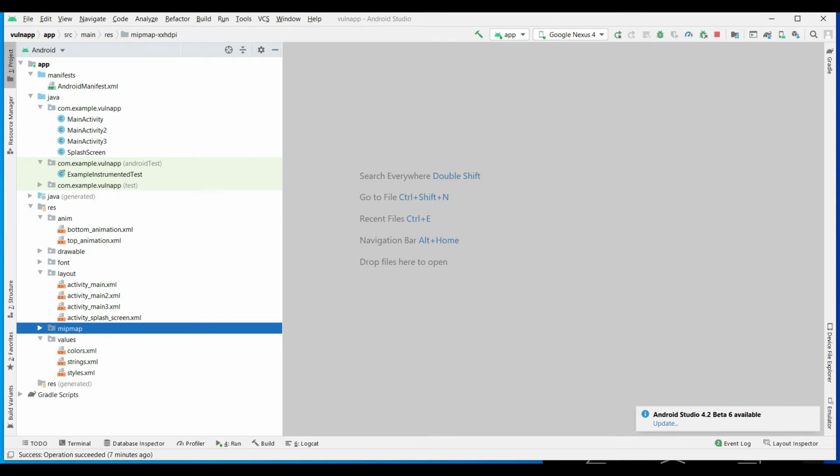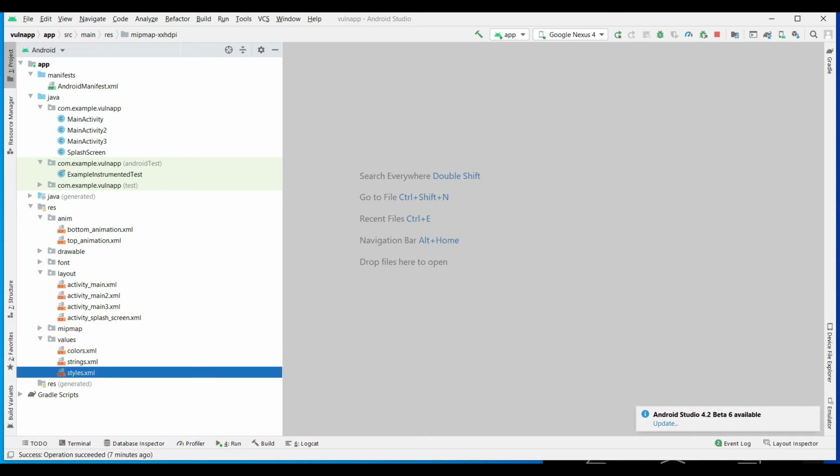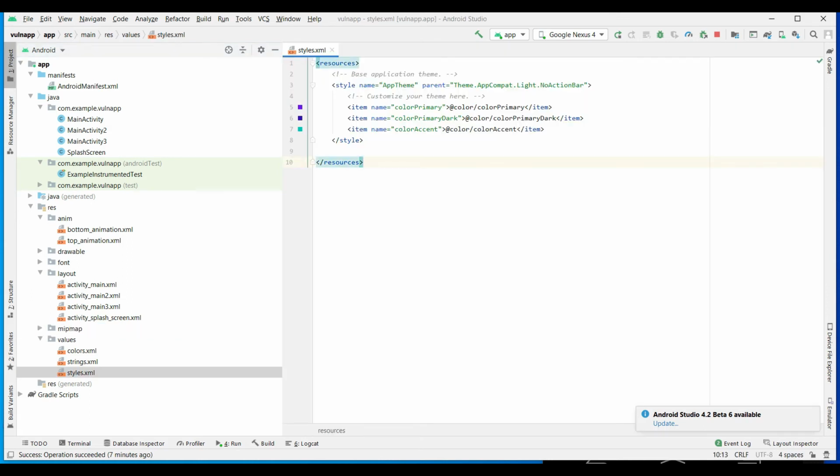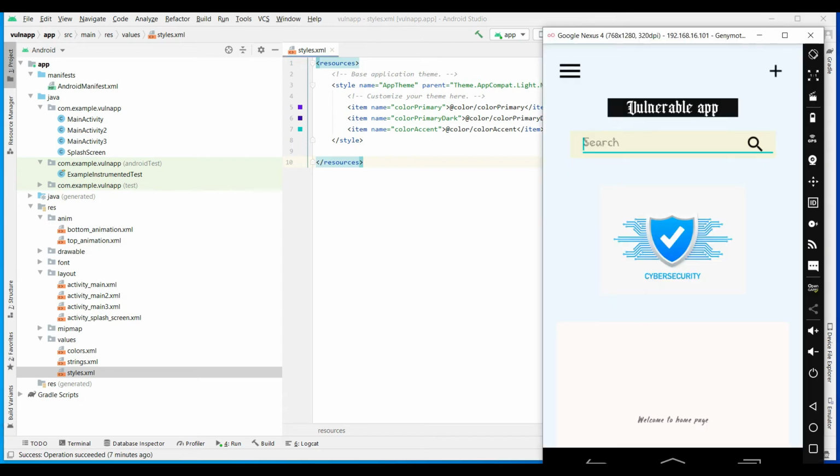Inside the values, as we said, it has all the profile styles which are used by the application. In the style section we can see the primary color, the secondary, the primary dark color. Whenever you open the application, all these background colors will be there, right?